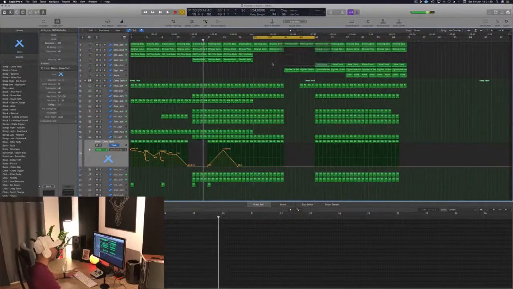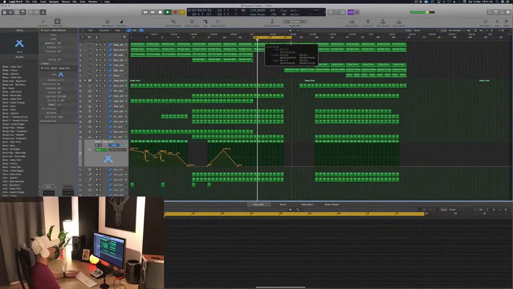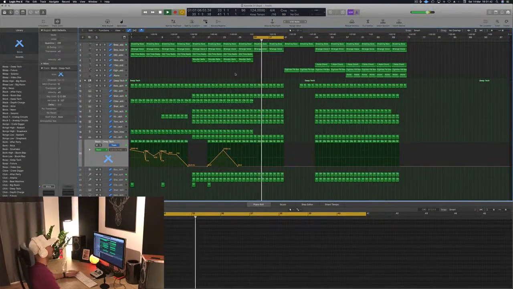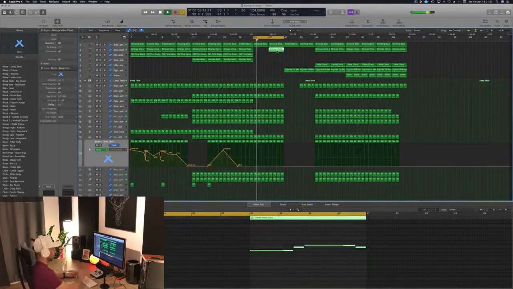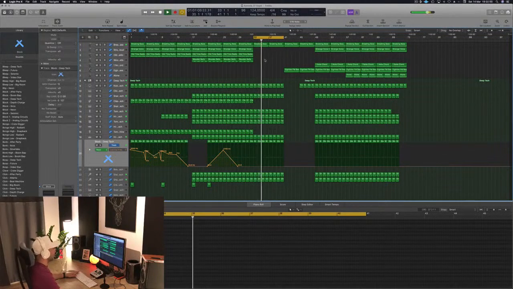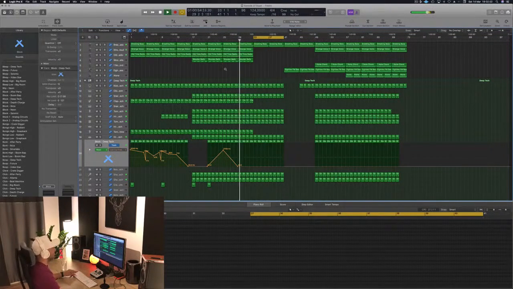I'm gonna move on to, see this. I'm not sure how I'm gonna take it yet, or how I'm gonna bring it to the track. Because here we have all these elements.